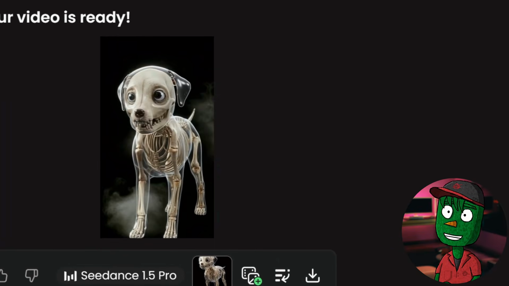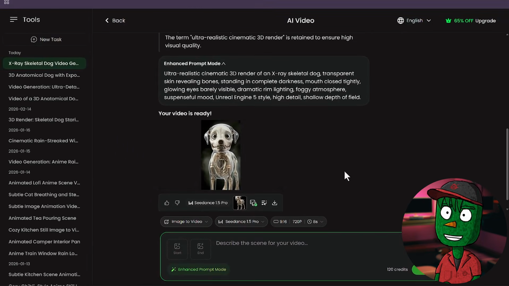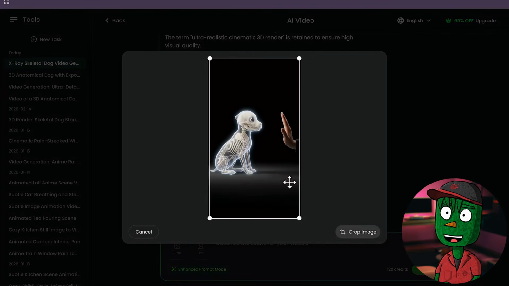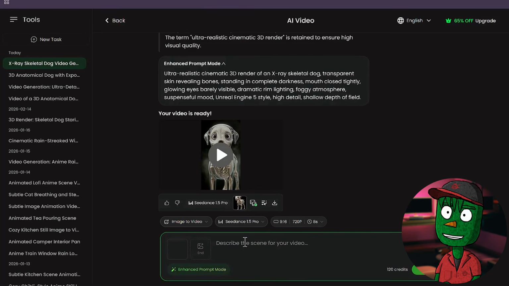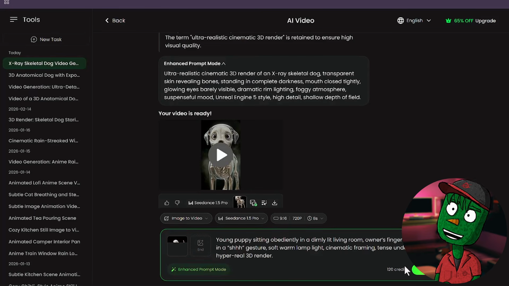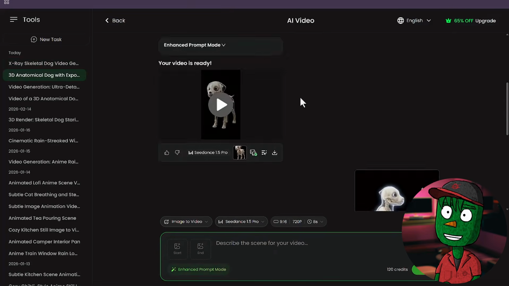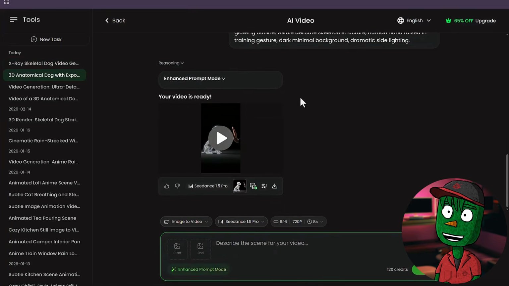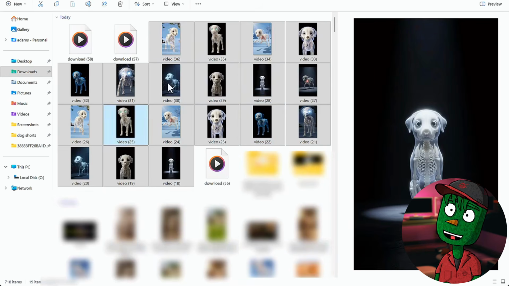Now, this is the same step you're going to follow to generate all your animations. What you just need to do is to first of all upload your second image just like this, and then go back to ChatGPT and copy the second prompt that you used in generating this particular image. Now paste it here, and you don't need to do any other setting as long as you've done it before. Just click on generate here, and then Wayne Video will start generating your clips. Now this is the exact step that I use in generating all these clips you're seeing here.